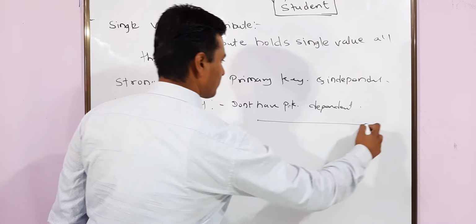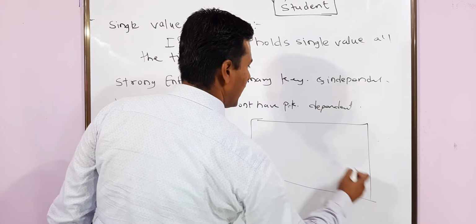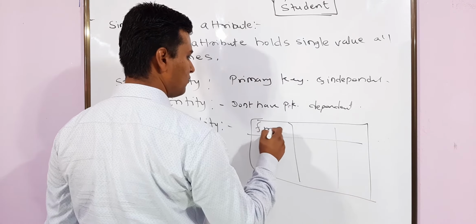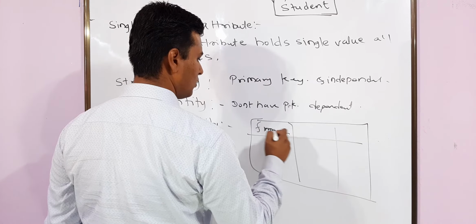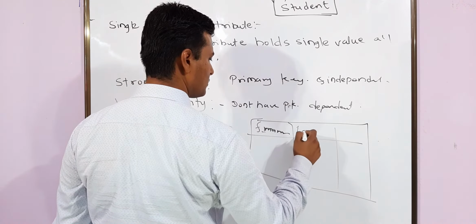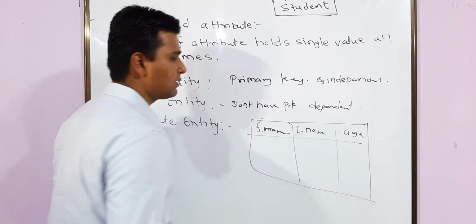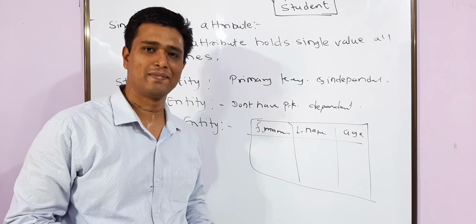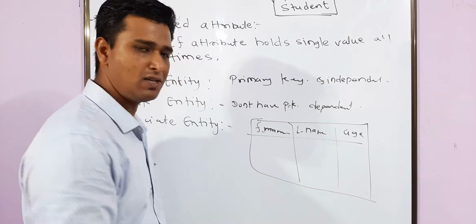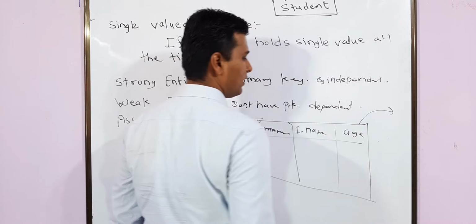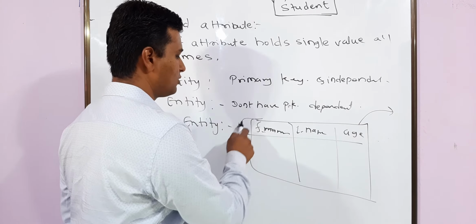In this case, let's say I have a relation, and in the relation I have attributes. The first attribute is, let's say, first name, then last name, and then age. In this case, can I define a primary key? In this relation you don't have any primary key, and this will mostly depend on different tables, and we have to add a surrogate key here.